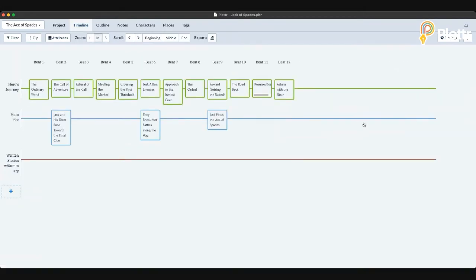Okay, so if we zoom out and look at that, I've only really got these same three things that I had in Act 3, because this may change a lot by the time I get through book 2. But I've still got a pretty solid direction of where I'm going. And I pretty much know that just before the final climax, Jack is going to find the Ace of Spades. Then these last few beats are going to be about him finding the answers that resolve everything that's happened so